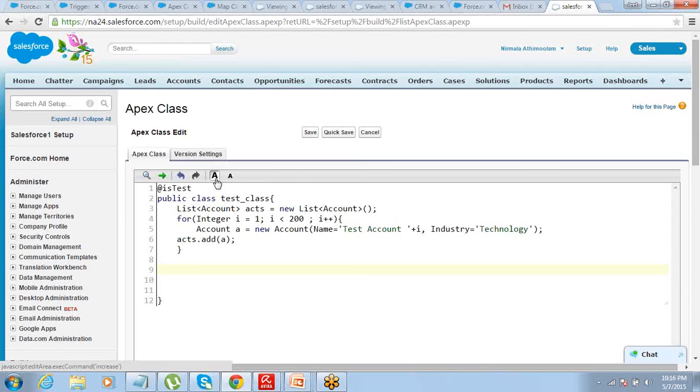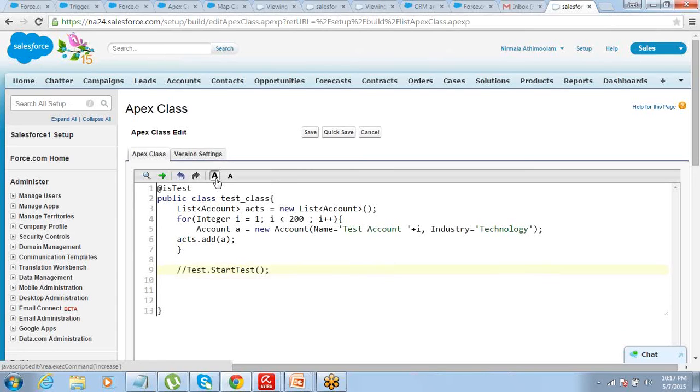Now all that I have to do is start the test, Test.startTest. You can avoid this, you can skip this part. There's this method called Test.startTest. You can use this or you can just skip it.